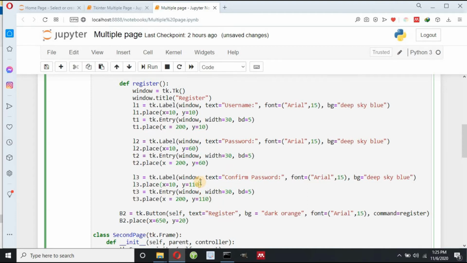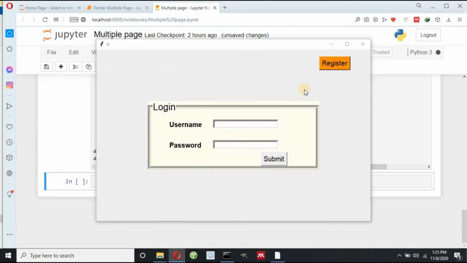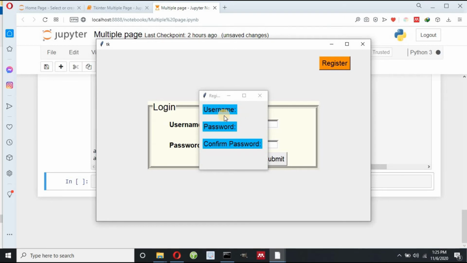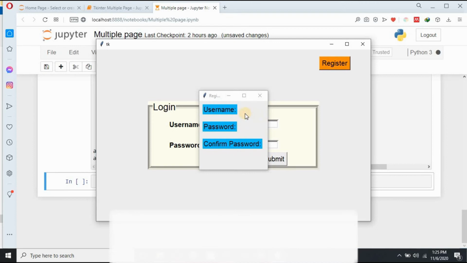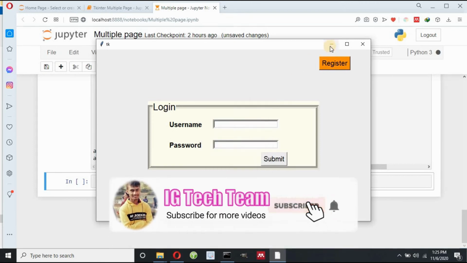Now we press shift enter, and if I click on this register, okay, this is my username, password and confirm password, but my text field is not displaying, so I have to check this.